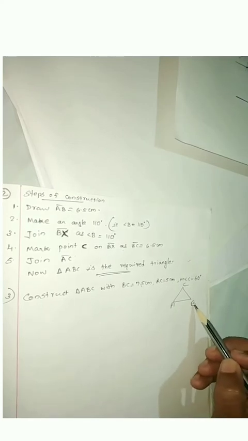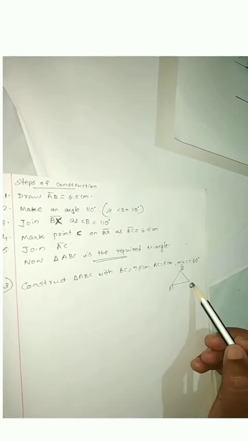Construct a triangle ABC with BC equal to 7.5 centimeter, AC equal to 5 centimeter and angle C is equal to 60 degree. As a rough diagram, we can make a triangle ABC. But here C is the angle. So better we can write this C down. That will be easy for you to measure. C will be here. Then B we can give here, or B we can give here. A will be here. But C we can make it down. That will be easy for you to measure the angle.